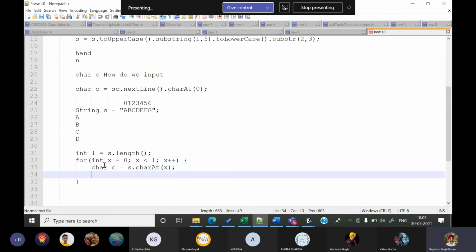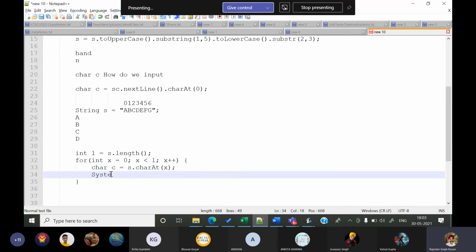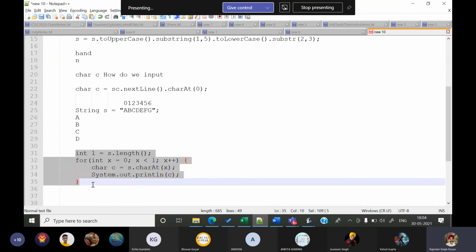So that means this charAt function is actually going to extract whatever is the value of x. वो वाली position वाला character extract करके c में डाल देगा, and we can write System.out.println(c). So what is this going to do? This is going to display my string vertically. How? Sir, can we also write it on line 33 like System.out.println? Oh, no. Okay, leave it, sir. We can also put this s.charAt(x) inside this bracket and display it like that only. We can do that. Okay.